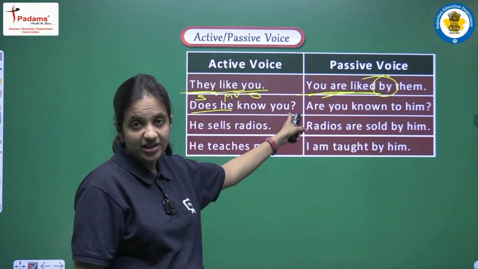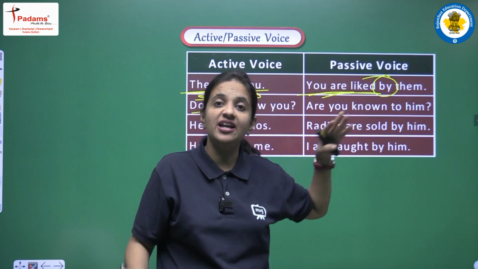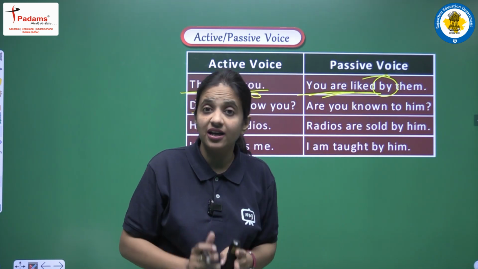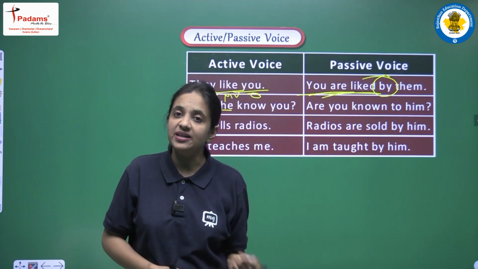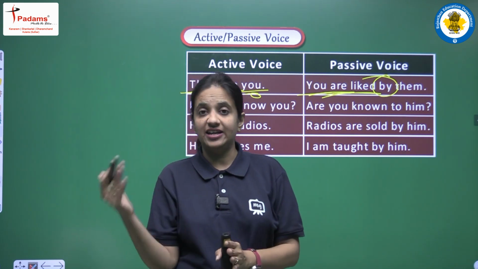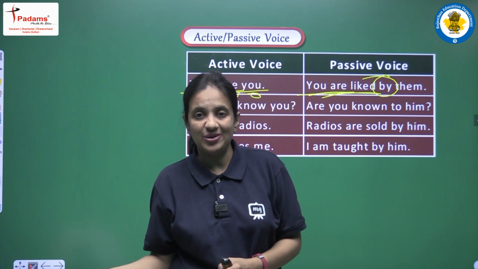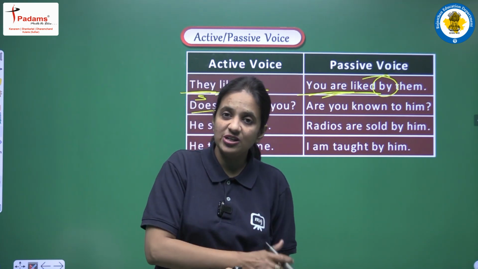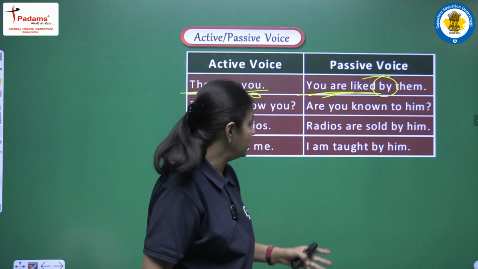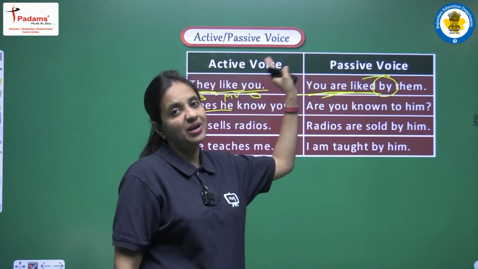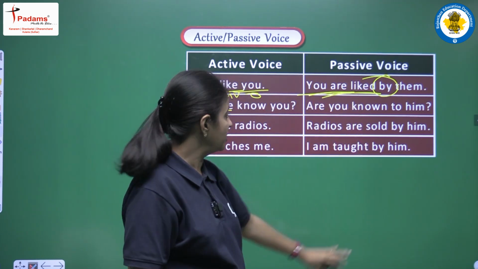Now this is the interrogative sentence. So passive voice भी interrogative form में ही हमें बनाना है. Okay, हम sentence का type नहीं change कर सकते. If we are having a negative sentence, then passive voice will be negative also. If we are having an interrogative sentence, then yes, passive voice will be in interrogative form only. So this is an interrogative sentence. So passive voice भी हमें interrogative ही form करना है.